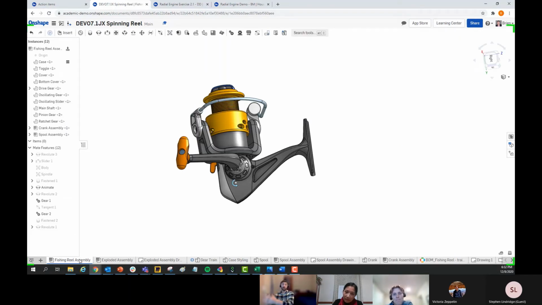You're designing them around each other, and then in a separate tab in the same document, right next to it, you're saying how do they actually fit together, what mates are there. And with mate connectors, the AI will basically guide you through, hold your hand, and understand what you're trying to connect where, and you're just clicking and then adding the mates. It's really